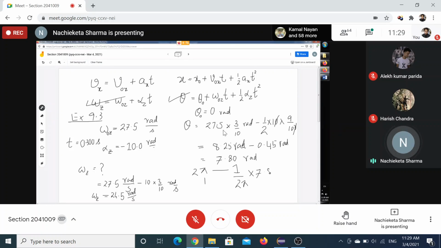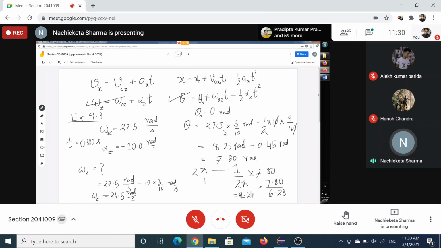Pi is 3.14, so 7.80 divided by 6.28 is equal to 1.24. So in this time, the disc will complete one full oscillation, and point